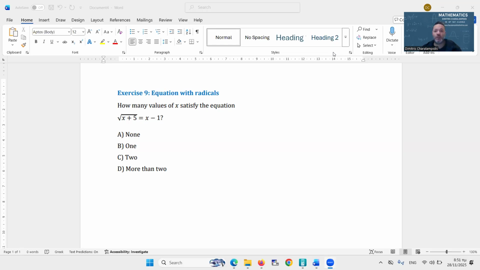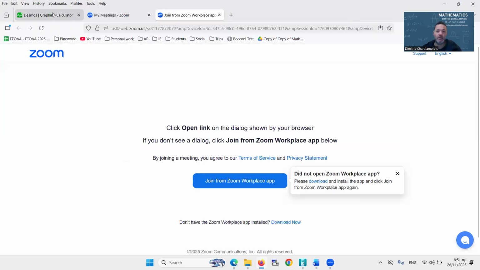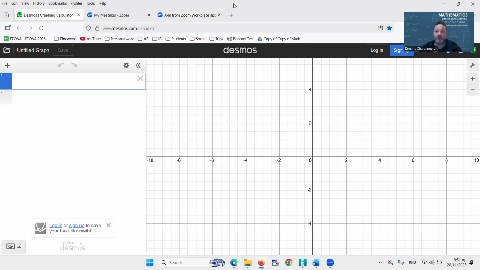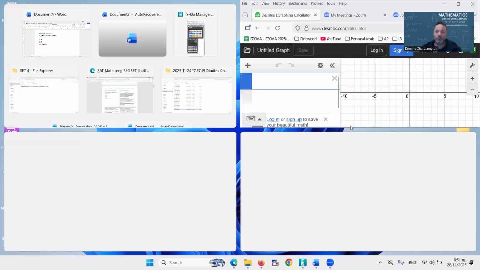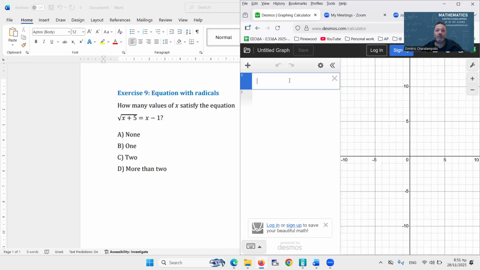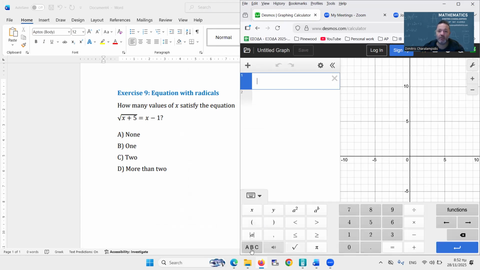Let's start with Desmos. So, I'm gonna bring the tab for Desmos, and since I want to be able to look at it, I will split the screen like that. Root of x. If you cannot find where the symbol for root is, on the bottom left corner of the Desmos screen, you have this keyboard. There is root x plus 5